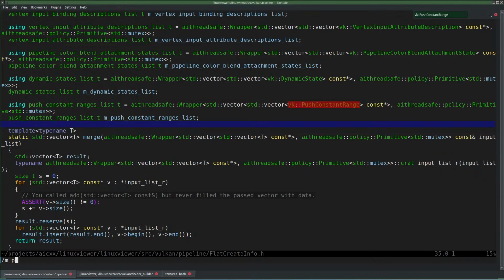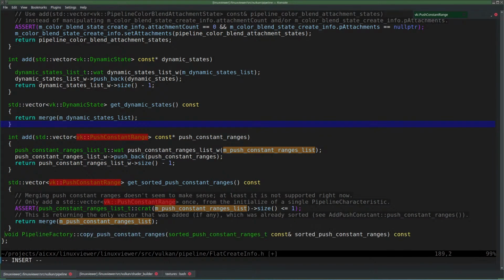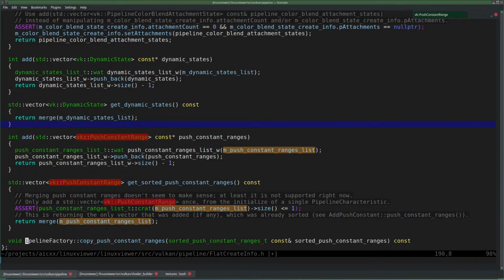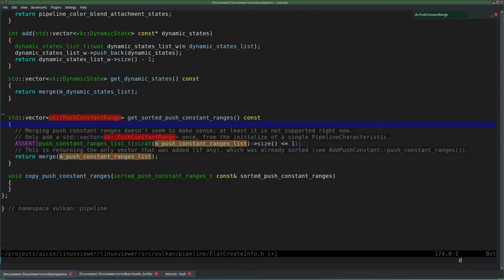In other words, push constant ranges, at least. And that would be here. Everything at the bottom. So there it is. This is now being called, and it is absolutely not const. So let's remove the const. And now I have to do something like this, but then differently. We're no longer calling this add, and